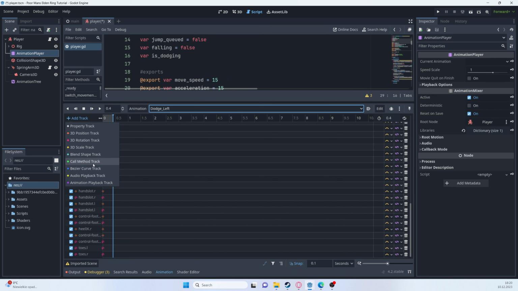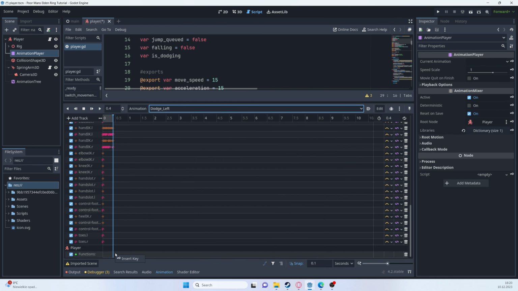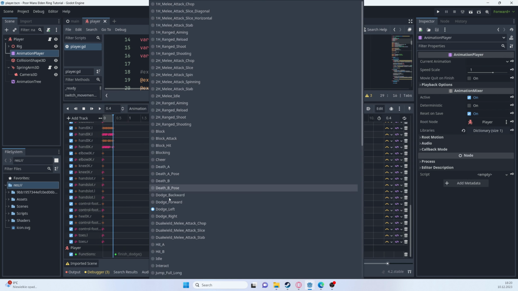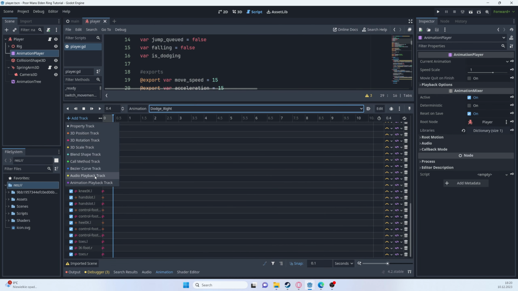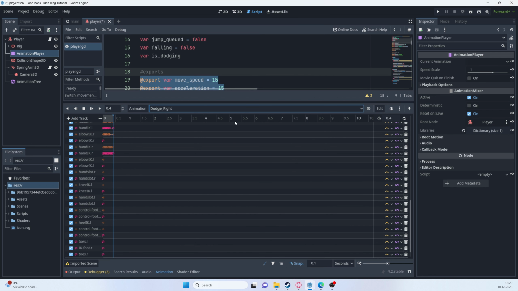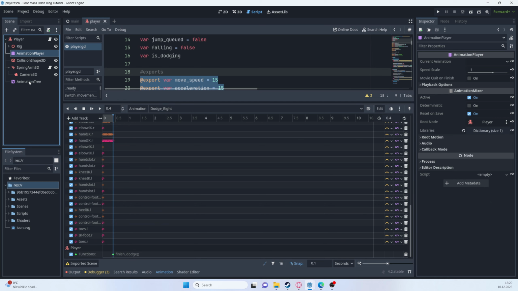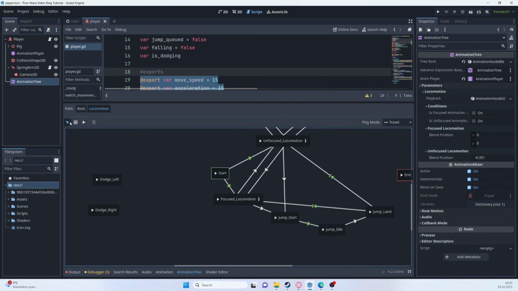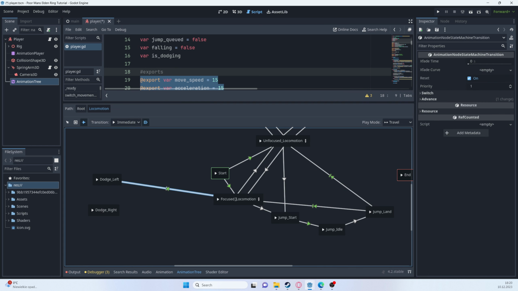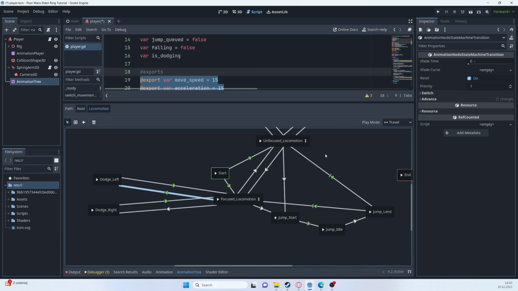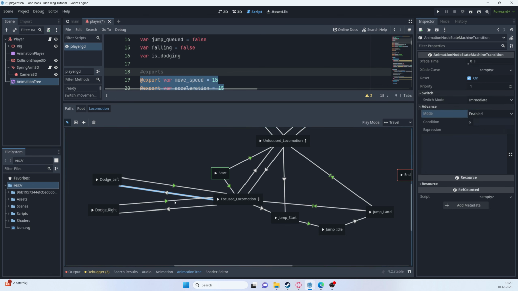So we call method track. Add this, insert key, finish dodge, and the same goes for dodge right. Call method, player, insert key, finish dodge. Okay, so with that out of the way, we can connect these. So let's do that and that, that and that, and again setting this up to enabled. This is also enabled, advance, at end,